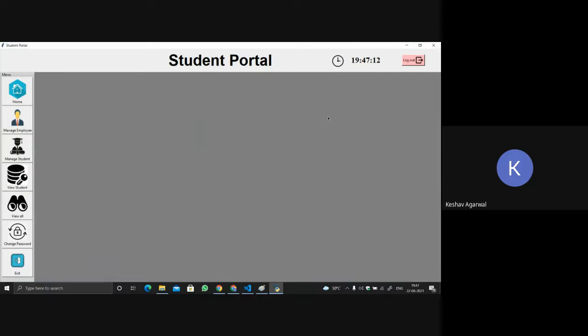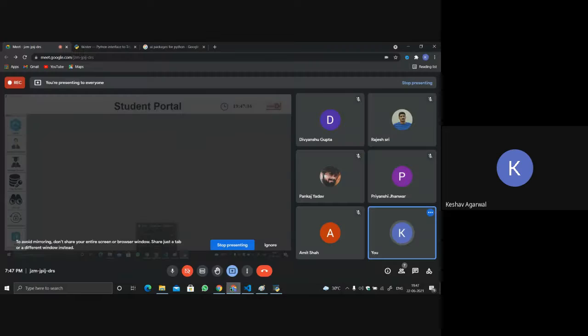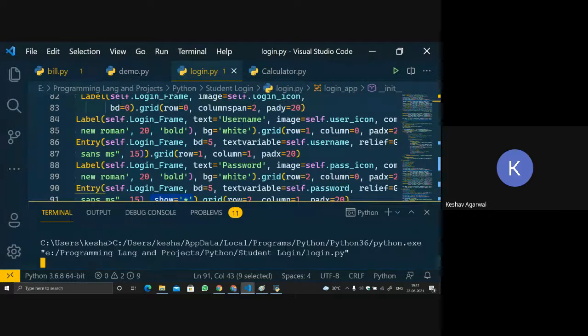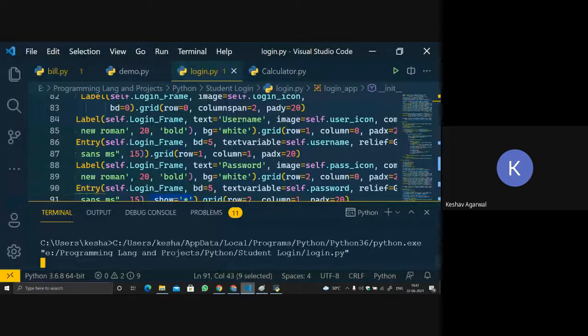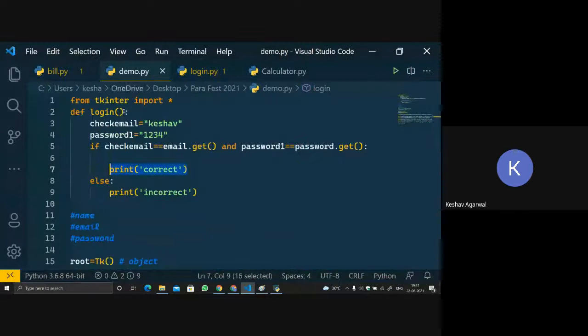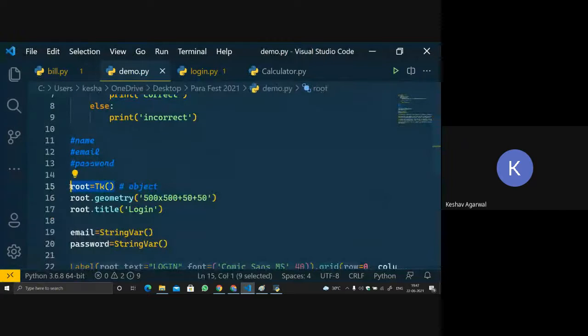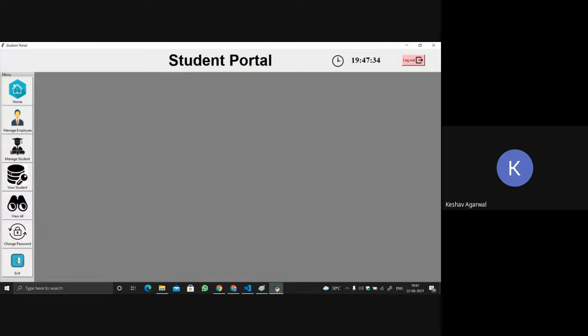So yes, this requires not just any function. You have to create and destroy this root. We created this root, and we have to create and destroy it again and again so that we can build something like this.